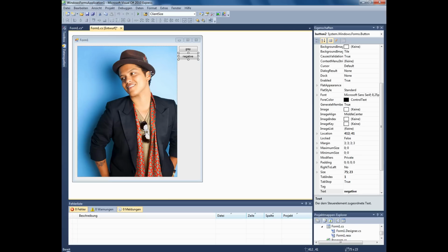Today I'll show you guys how to desaturate an image, or how to put the colors of an image into its negative. Okay, first of all,